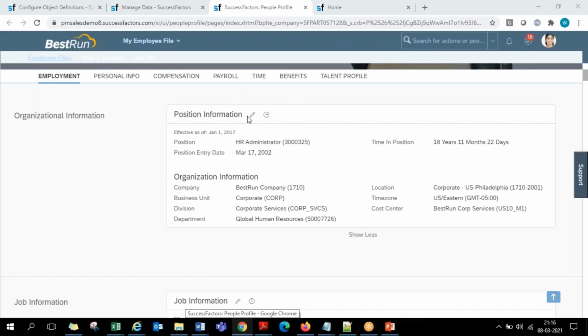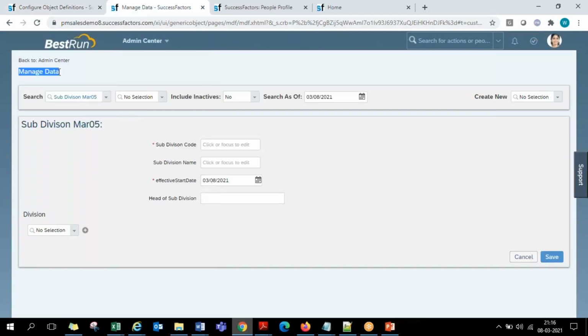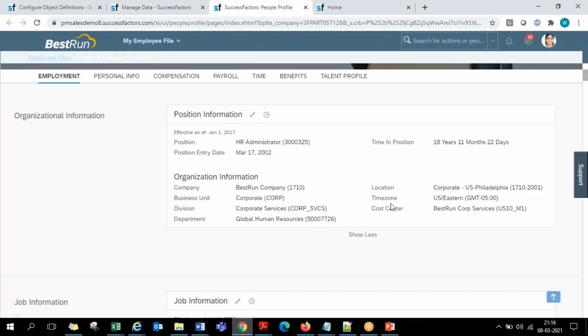Okay, so now finally, whatever association definition we have done in the configure object definition is basically reflecting its output here in the manage data, guys. In the manage data, we have this definition. And now at the employee portlet level, if you want to have that association also shown up here, first of all we are required to have one more field called subdivision brought up, because it's not a standard thing. SF doesn't give it in the standard job information portlet. So now we are just required to go into